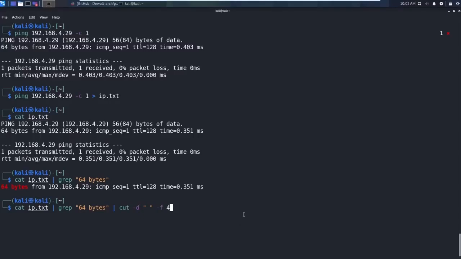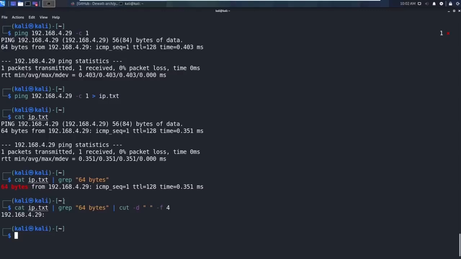Okay, what is this doing? Well, it's saying, hey, I want to cut this line that you're getting back on a space. So the delimiter is a space. Here's a space, here's a space, here's a space. And it says I want to count up to 4 to grab that data. So 1, 2, 3, 4 right here. If we say 4 and hit enter, we're grabbing that specific IP address